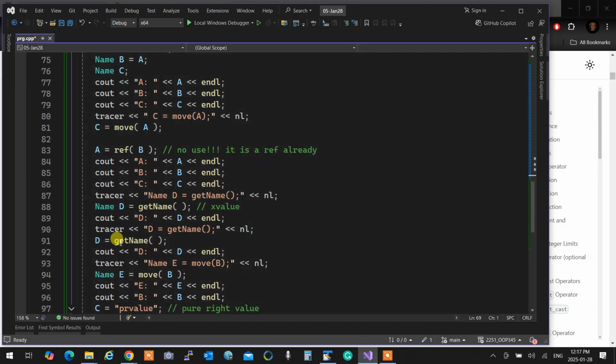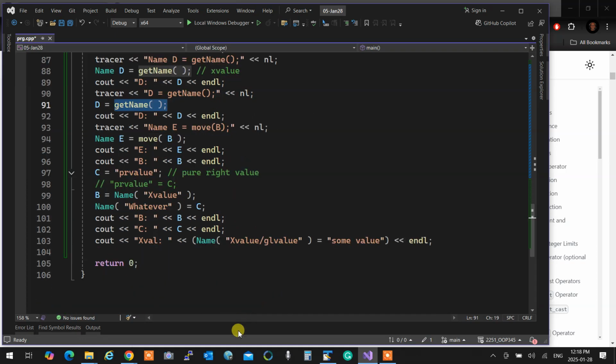And when you are doing that, move assignment will be called automatically for it because it's an rvalue reference that is being passed. Obviously, you can always put an expired value at the right side of an operation. I'm going to say name whatever is equal to C. It is an expiring value. It's a nameless object that is getting created. And it's just about to die. Why would I do that? The compiler wouldn't complain because